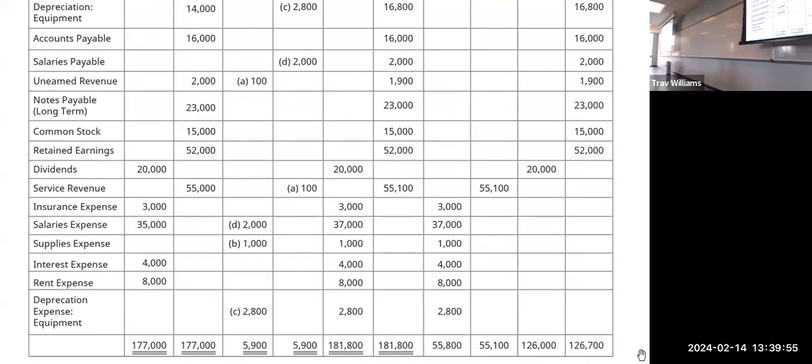Okay, we can't see the labels on top, but I'll quiz you. What are the first two columns? One is trial balance. Okay, so the first two columns are the unadjusted trial balance. What are the next two columns after the unadjusted trial balance? The adjustments. And then what are the next two columns? Adjusted trial balance, right? And then the next two? The income statement first, and then the last two are the balance sheet.